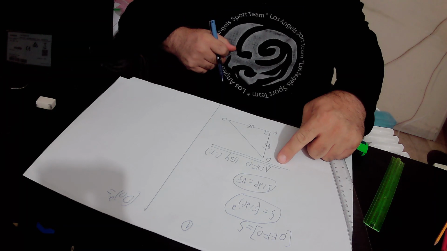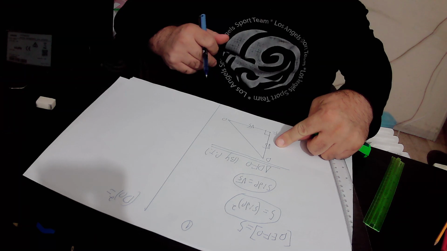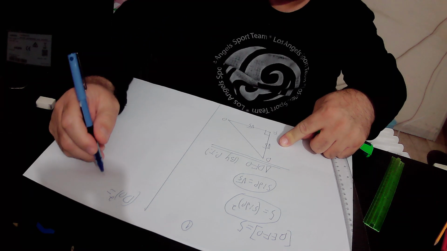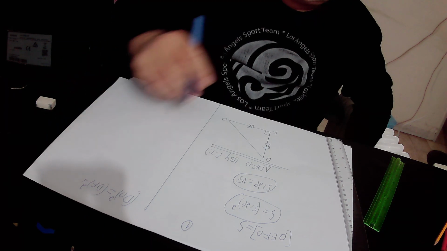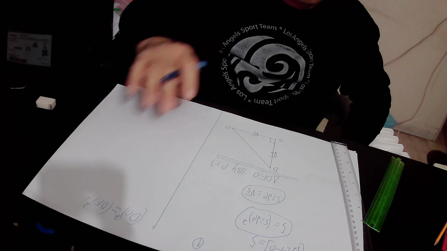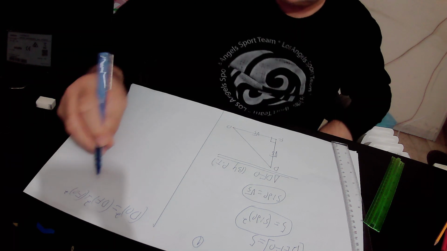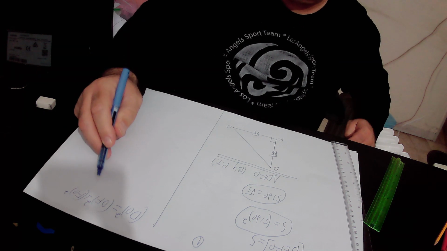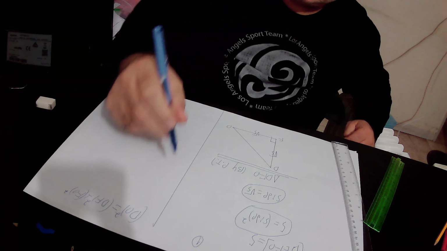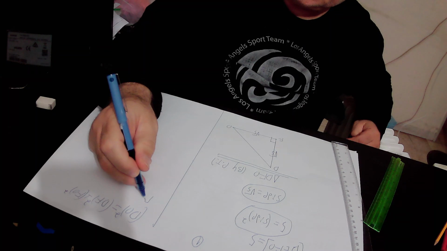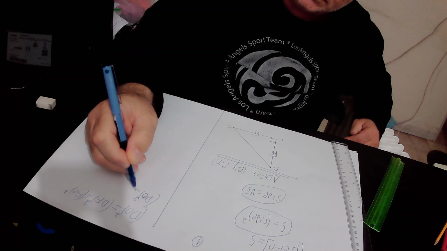That is to say, it is DF squared plus FO squared. So DO squared equals